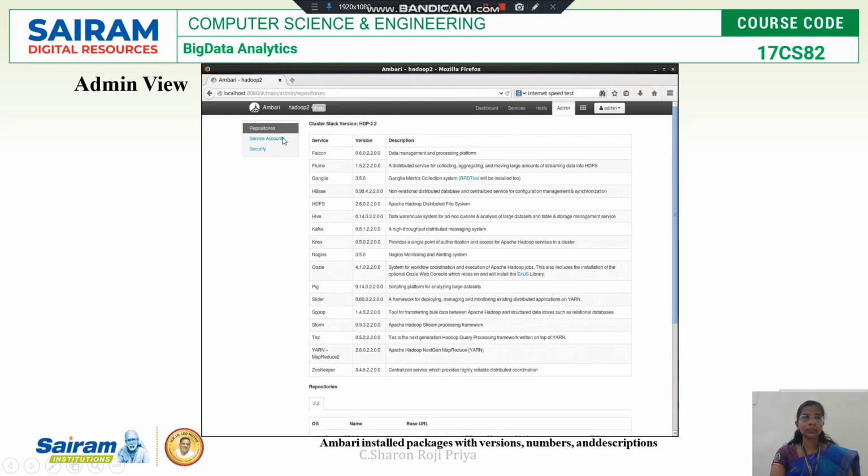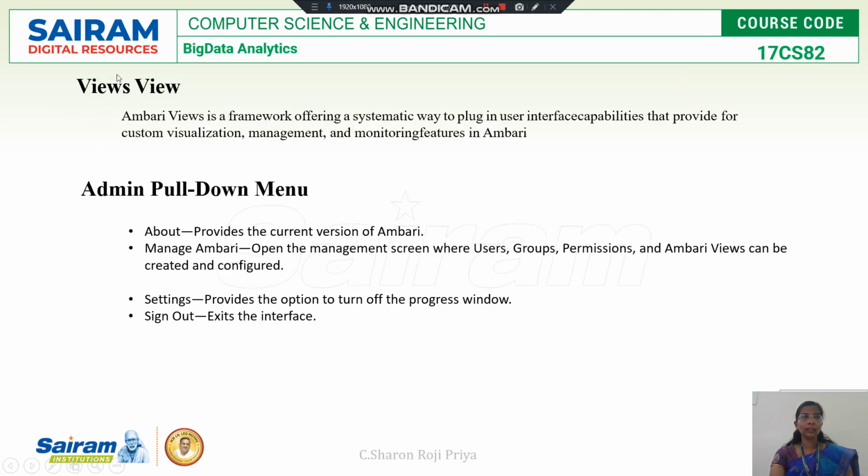And next is service accounts and security for your cluster. These are the three options under your admin view. And this view is a framework offering a systematic way to plug in user interface capabilities.